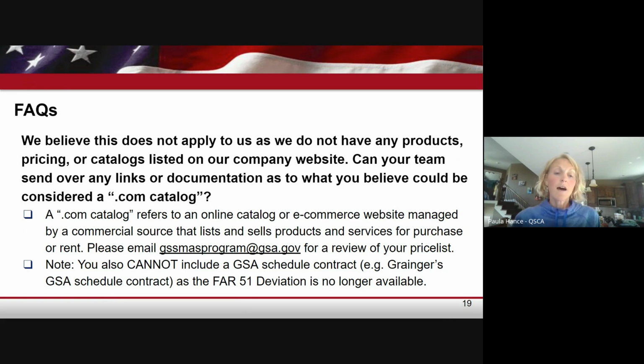We believe this does not apply to us as we do not have any products, pricing, or catalog listed on our company website. Can your team send over any links or documentation as to what you believe could be considered a .com catalog? A .com catalog refers to an online catalog or e-commerce website managed by a commercial source that lists and sells products and services for purchase or rent. Please email